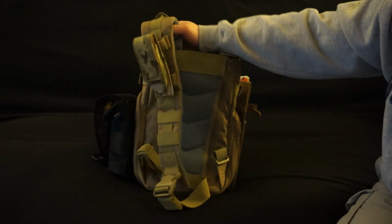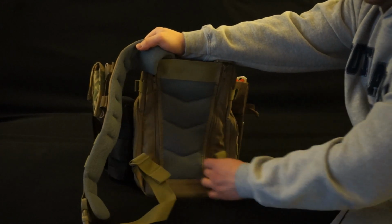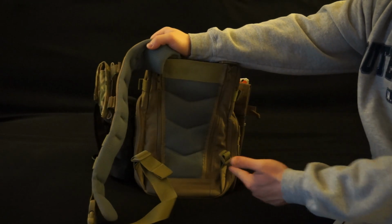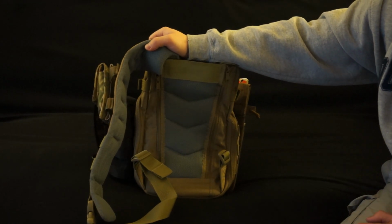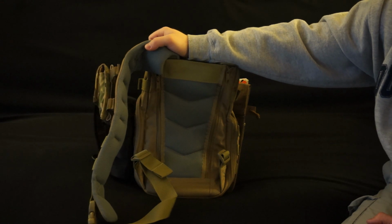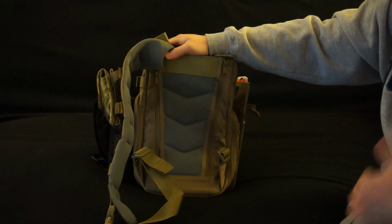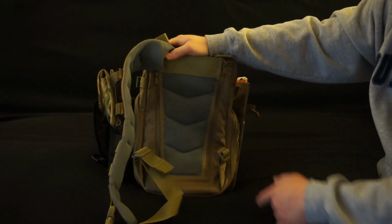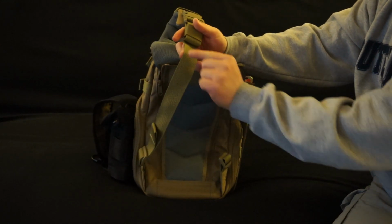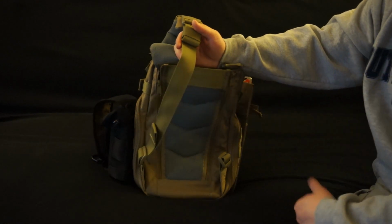Also, what I'm not utilizing here, obviously you would also have to undo this down here and then switch it over to this side so that the strap is connected like this. That way you can sling it across your back diagonally. And what you would do is there's an included side strap, like a sternum strap, that you would put on the opposite side, and it meets up midway here on the strap. It has a nice buttoned sleeve that goes around the strap to connect it to the strap,